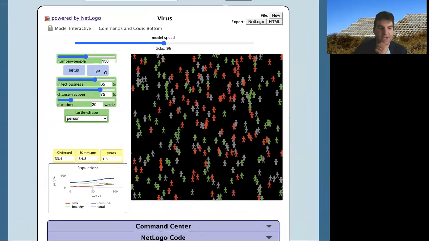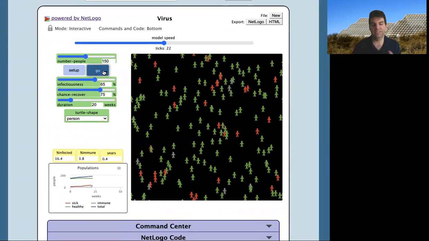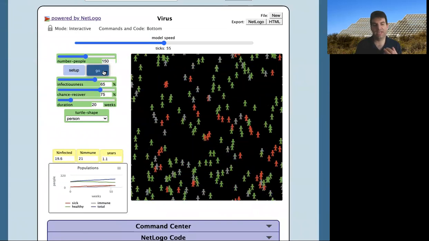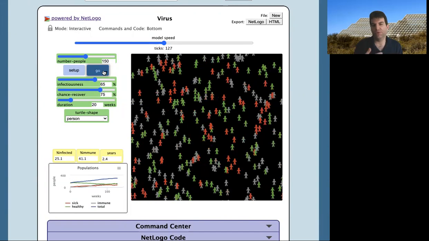And I don't know if you can see it, but I happened to bring up a NetLogo example of a virus model. You can see the space and how people move around. And this,